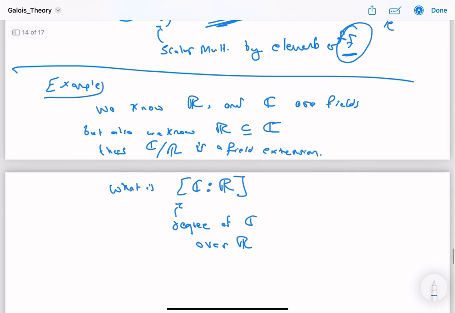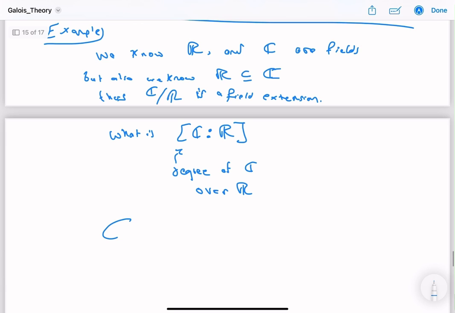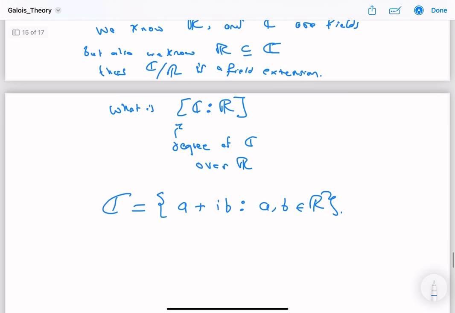But it might be hard for you to imagine directly what I mean here. So let me just clarify for you. So what is C? Well, C is the set of all numbers of the form a plus ib such that a and b are real numbers. So this is what we have. And what we're asking here is, what's the dimension of